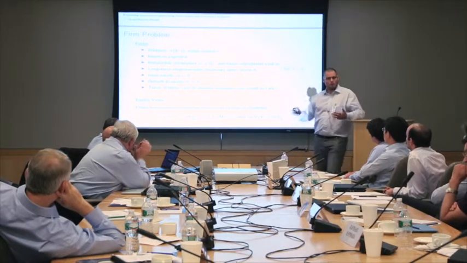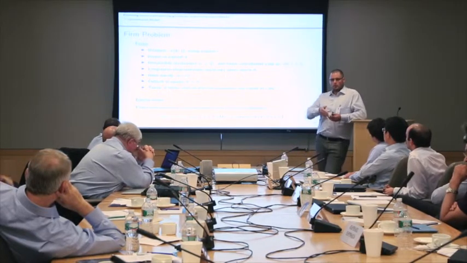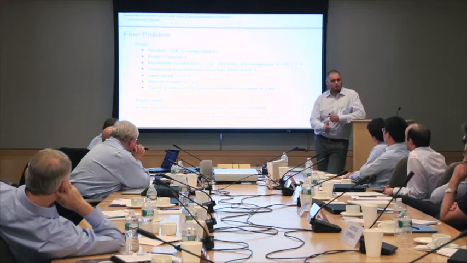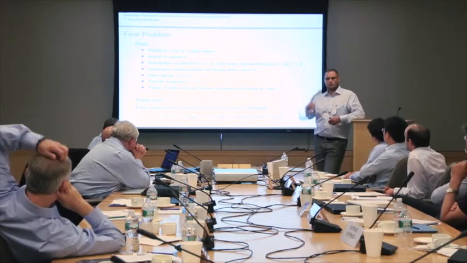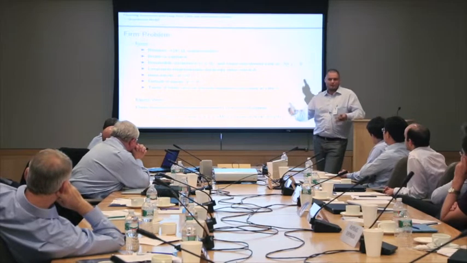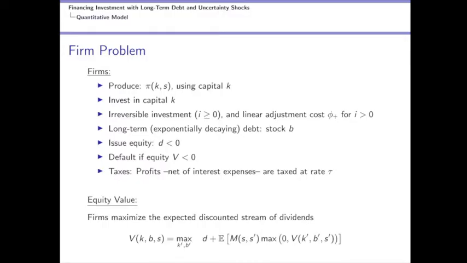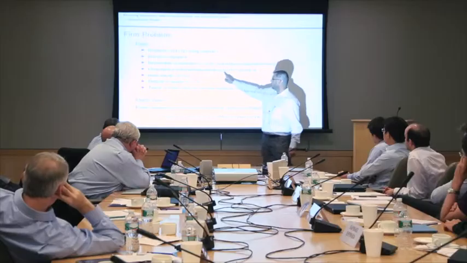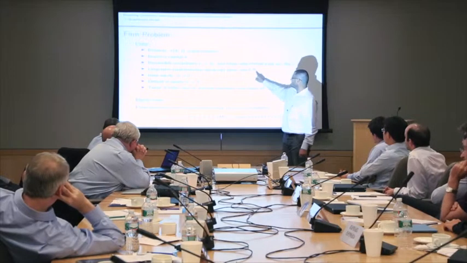So if you want to put long-term debt, how do you do it? You can have finite horizon debt. You can have 1-period debt, 2-period debt, 3-period debt. The problem is if you have a 15-period debt, it matures to 14. So if you have N-period debt, you're going to have N states. So one parsimonious way to have this risk is to introduce a debt that's decaying over time, that's mimicking investment in some ways. So what we're going to have is long-term exponentially decaying debt, and the